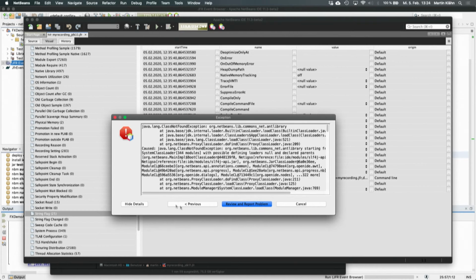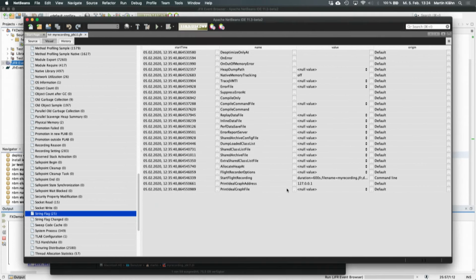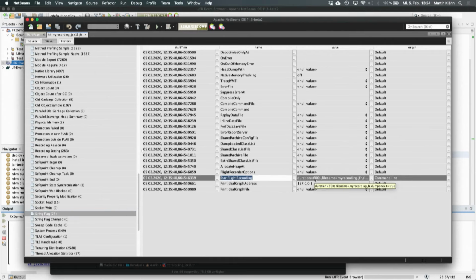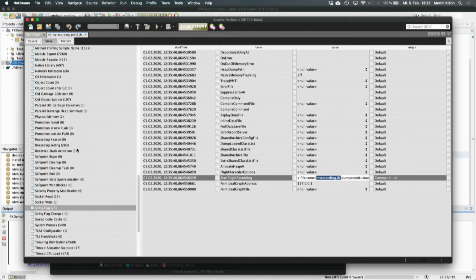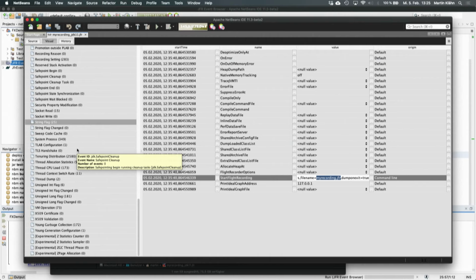No demo without that. Yeah, here's a command line argument I had set for that process, so that I can get the recording in with the name of the parameter, the values, and it also shows the origin of that parameter, where that has been set. There's the number of events, the types of events are quite extensive,